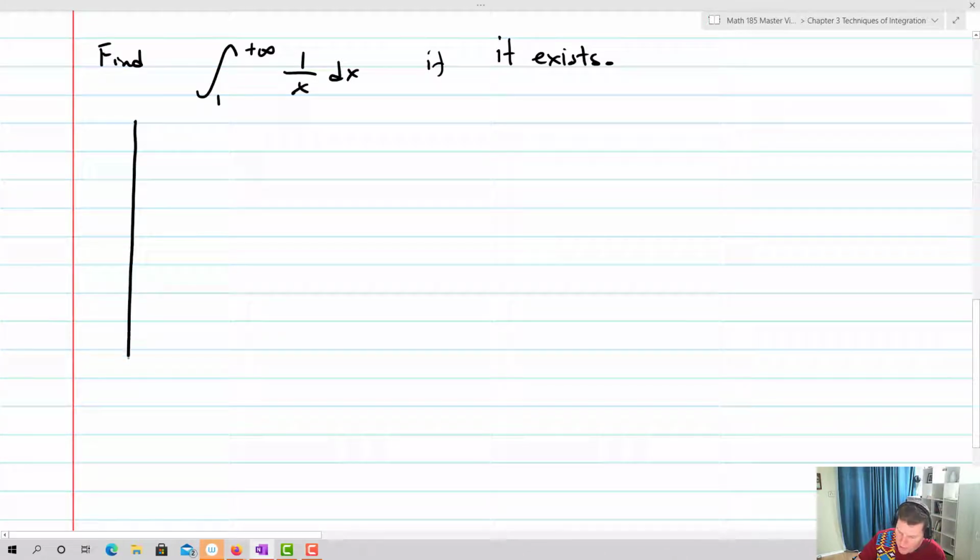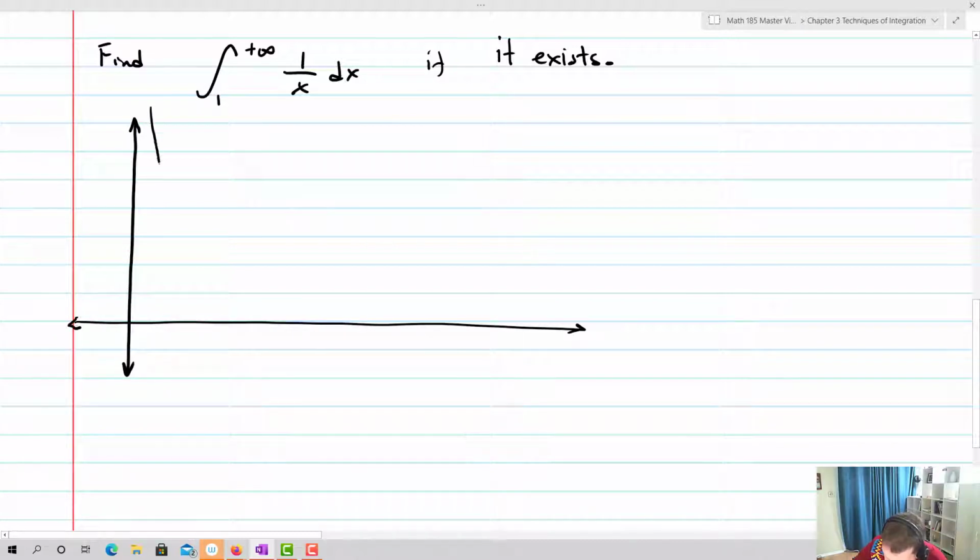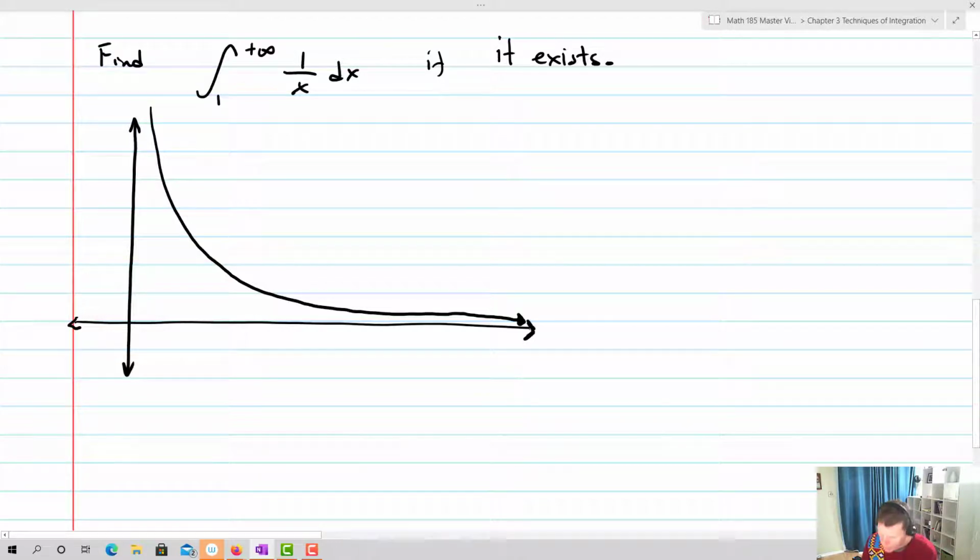Here's why it matters. We don't need to imagine what this looks like. We know what this looks like, okay? We'll draw this graph, and the graph is going to look kind of like that. We know 1 over x has an asymptote at y equals 0, okay? And so here we go, there's 1,